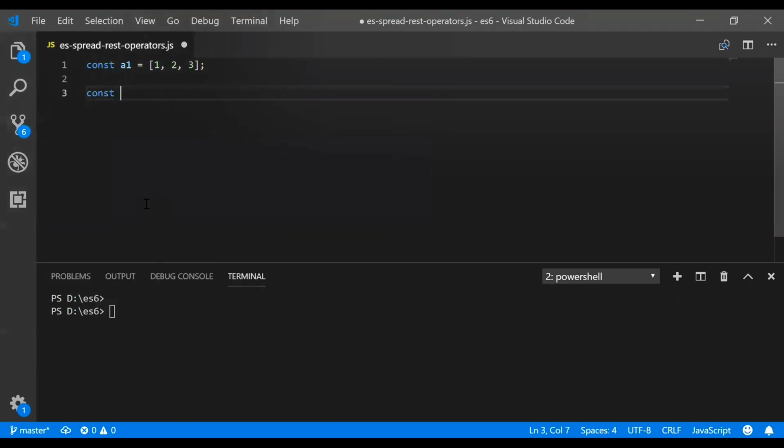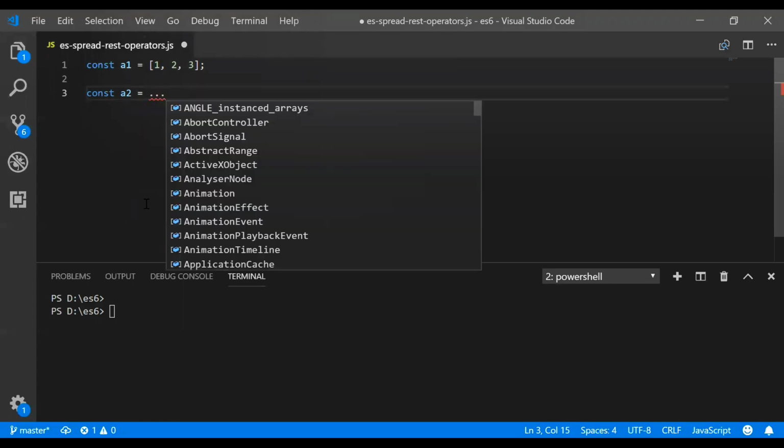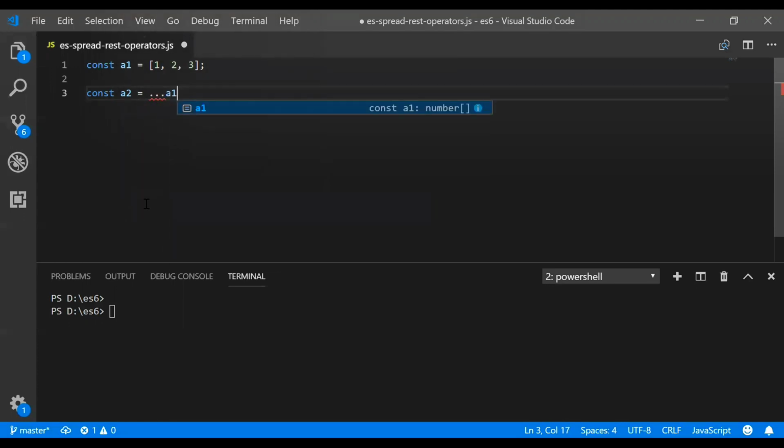Spread operator does one to many. So here A1 is one array and we are spreading it into another, A2. For spreading we will type the syntax notation, the spread operator three dots, and A1. So here I have done the spreading part. Now I need to hold it somewhere, right? The spreaded array, I want to hold it somewhere. As I'm spreading it from an array, I will hold it inside an array.